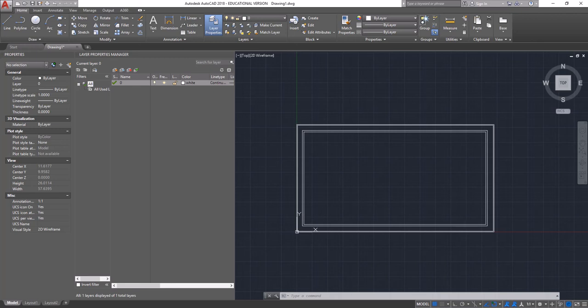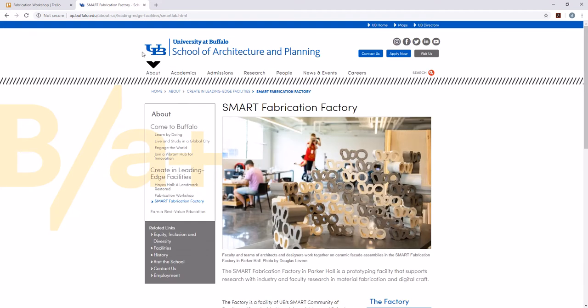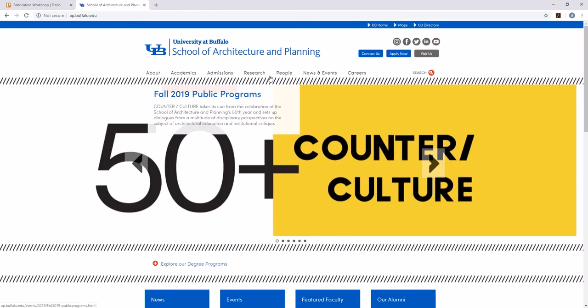The next thing we're going to go over for laser cutting is how to set up layers and a little bit of the theory behind why we set up layers in certain ways. So before we get going on this, what I want to do is navigate over to the UB Architecture and